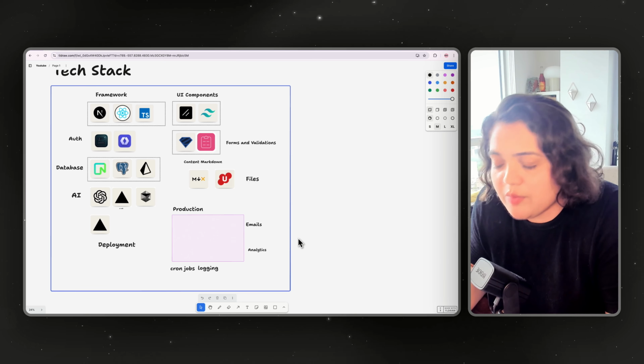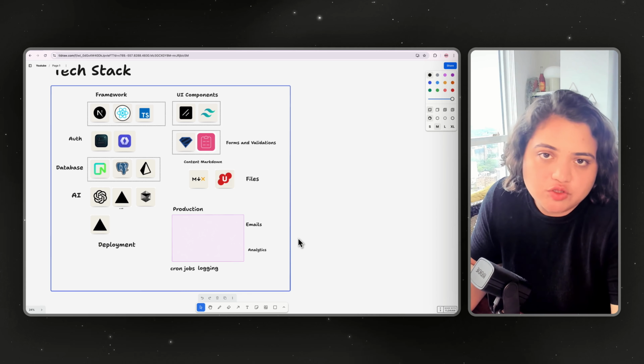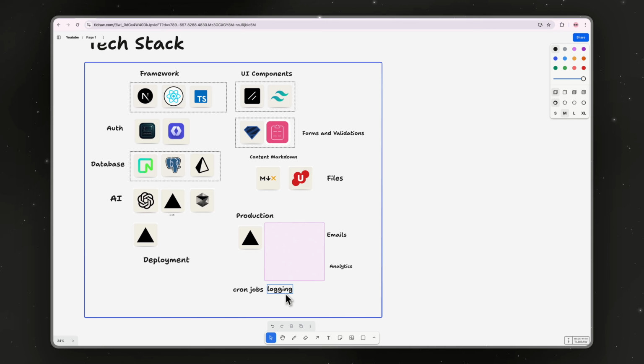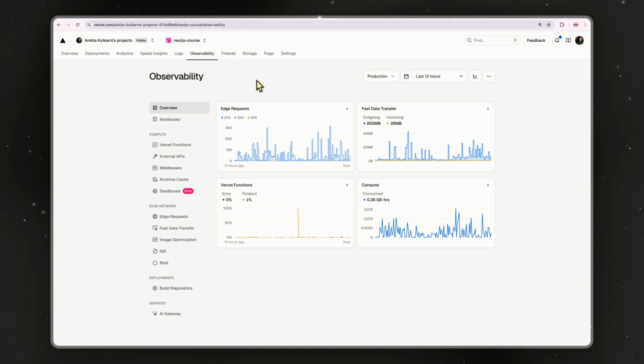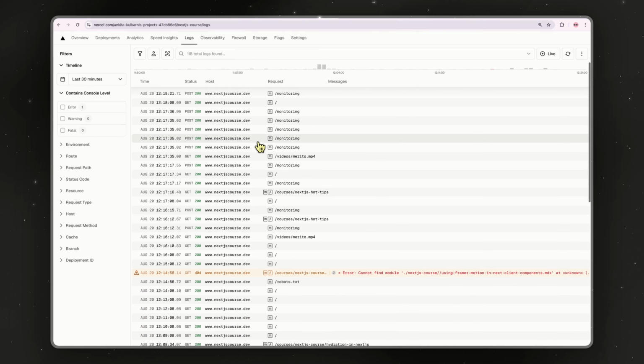Now, when it comes to being a production ready app, you need to rely on a few key tools for monitoring, observability, and scalability. There are a few key tools I use. The first one is, again, Vercel. I use Vercel cron jobs as well as logging to help me monitor my application. For example, we can talk about the Next.js course that I shipped. They have this tab that allows me to observe exactly what's going on in my app. What are the 200 errors, 300, 400, and I can dig in more. They also have the logs tab, so I know exactly what's going on. So I can see the different API routes that people are interacting with.